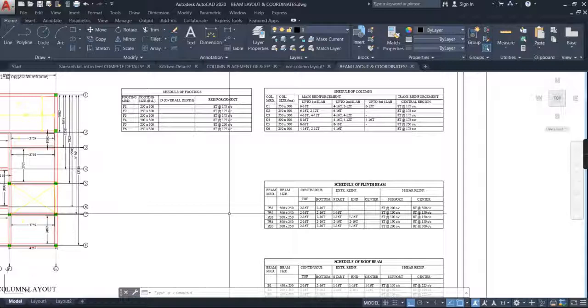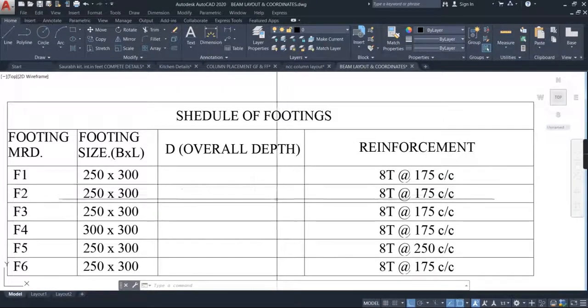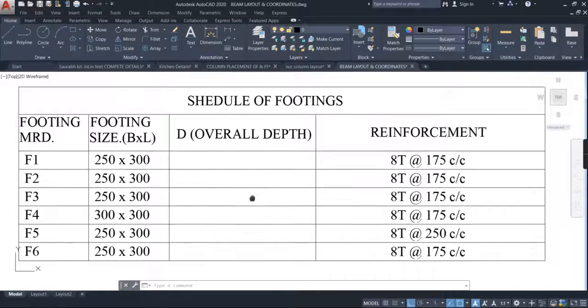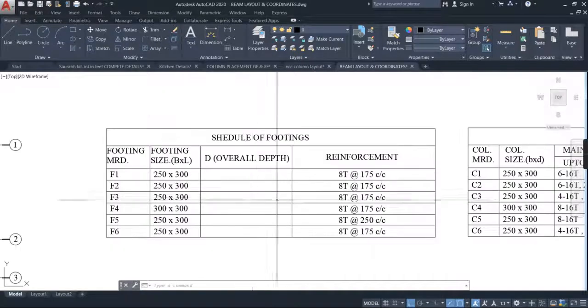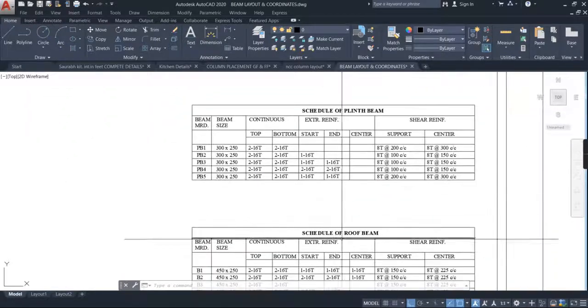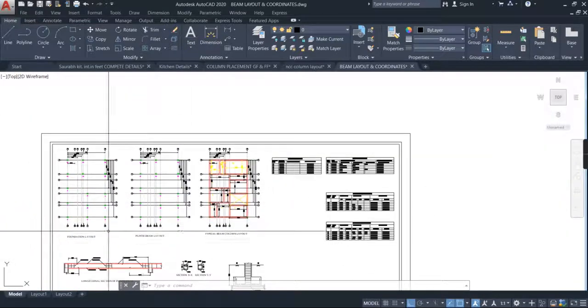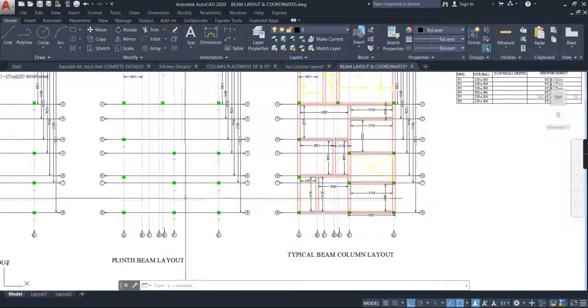Everyone. Today we will discuss the schedule, how the schedule is provided to you before working with the footing drawings, producing the footing drawings as well as the schedule of the columns, the plinth beams and the roof beams. Before going into this, we have completed our plinth beam layout, that is nothing but a column layout,